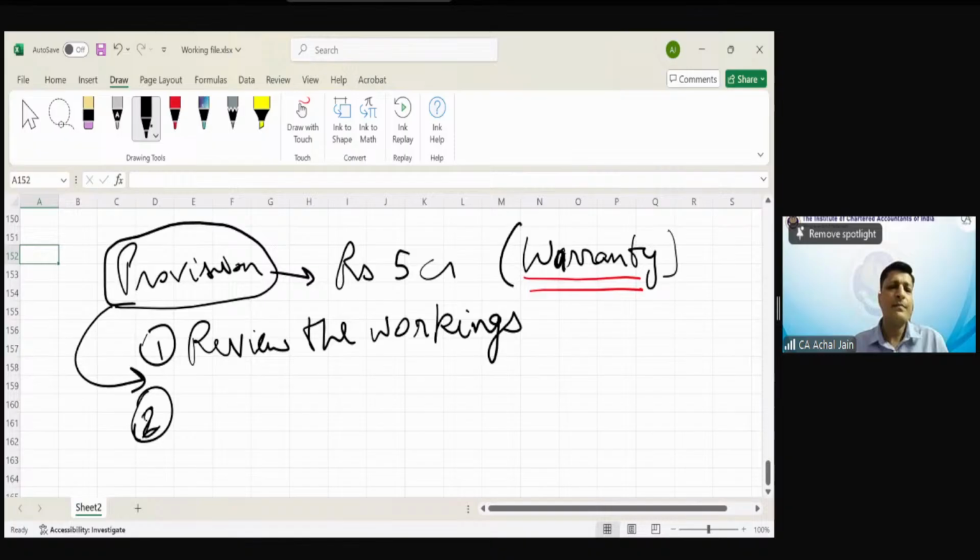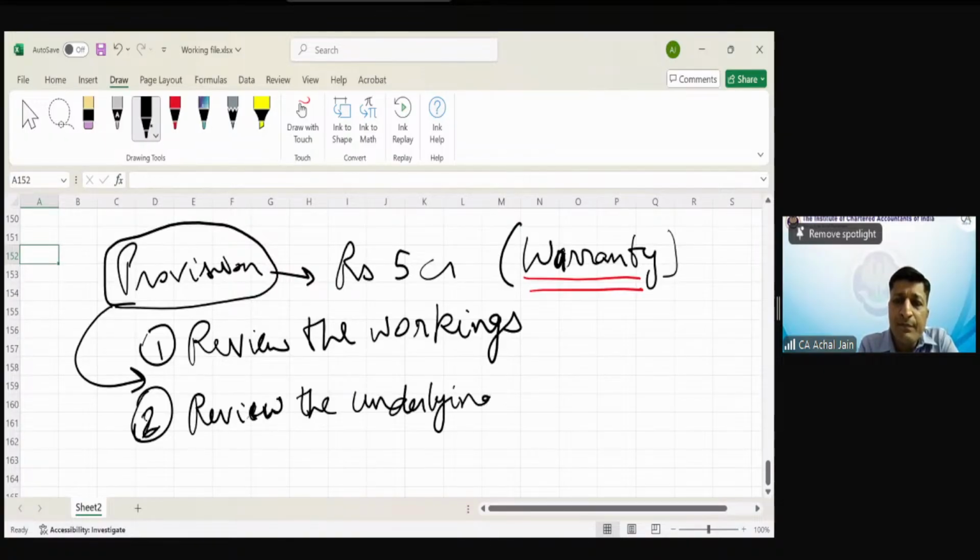Second, the auditor has also reviewed the underlying documents. I'm using the term review, so you can say it's verified, examined, checked. He reviewed the underlying documents, whatever were the relevant documents. Supporting documents, etc. He reviewed that. Now, in this case,